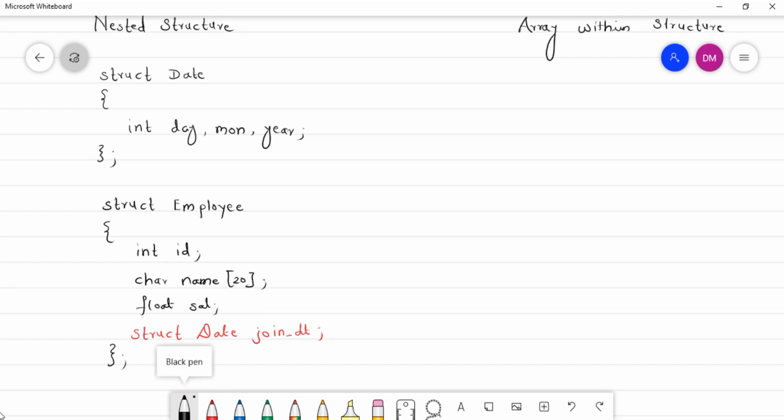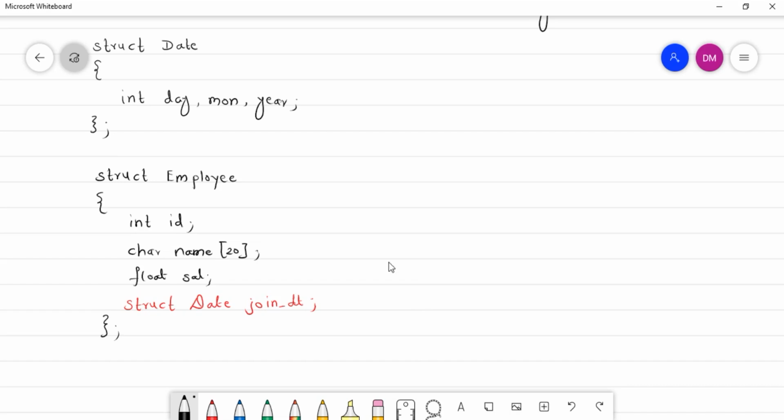Now let us see another way to write this. What is the other way? You can start by declaring struct employee first. First of all, we will define our main important structure, which is employee. Here I will define all the necessary elements of employee, that is ID, then name, and then salary.